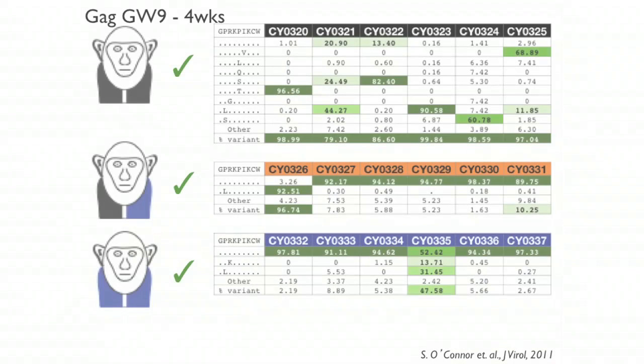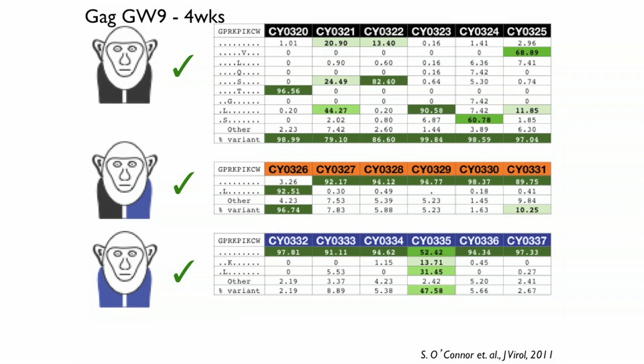But then we looked at the Gag GW9 epitope. And remember, I said this epitope is restricted by alleles present in all 18 animals. And all 18 animals make T cell responses against this epitope soon after infection. But surprisingly, the M1 animals had accumulated variants. All the M1 animals had accumulated variants within this epitope, but only 2 out of the 12 animals containing the M3 haplotype accumulated variants within this epitope,